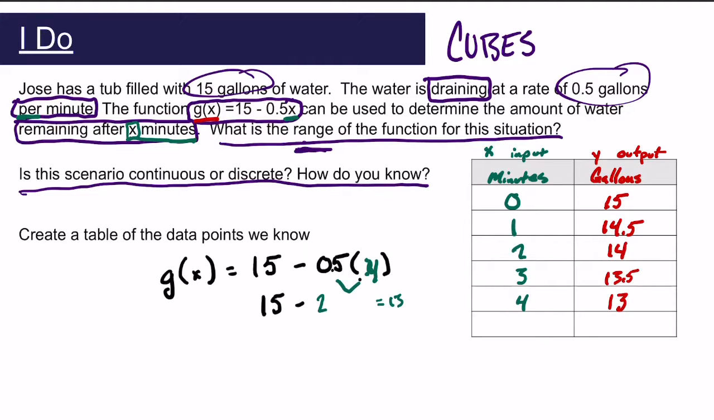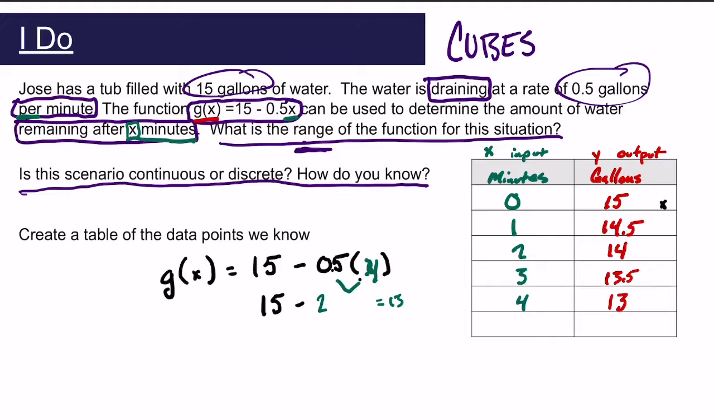So I know a pattern here. I see it. After every 2 minutes, 1 gallon goes away. Well, if I know it takes 2 minutes per 1 gallon, and I know I have 15 gallons, well, if I want to know my last input,